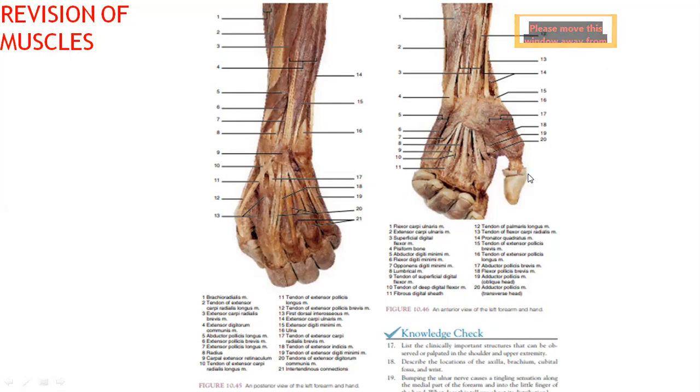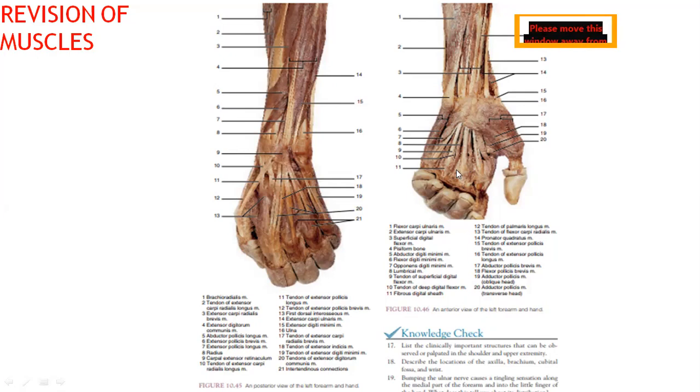These are the thumb thenar, I said, right? So these are the thenar group of muscles. In the little finger we have the hypothenar group of muscles. Then we have so many muscles of the flexor compartment which are of course not shown from above. The tendons of these muscles are now moving from the forearm and entering into the palm.